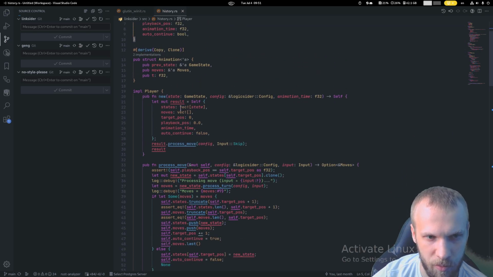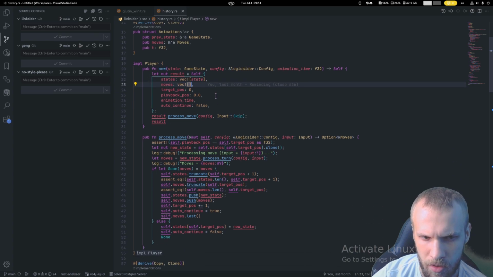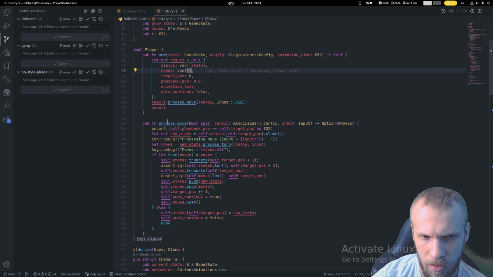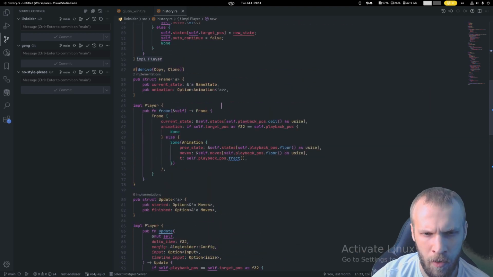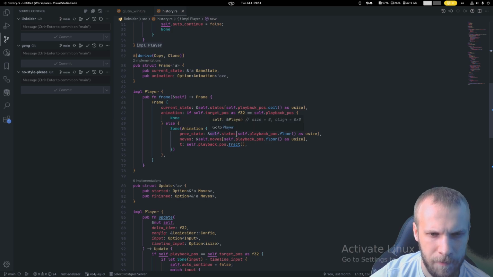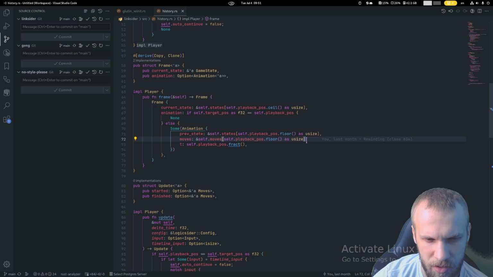Initially we only have one state and no transitions, no moves. Which, I mean, it makes sense that the moves are not there if we are